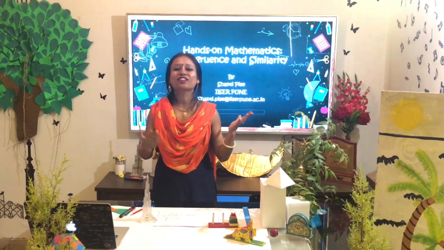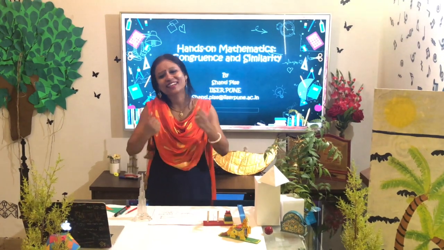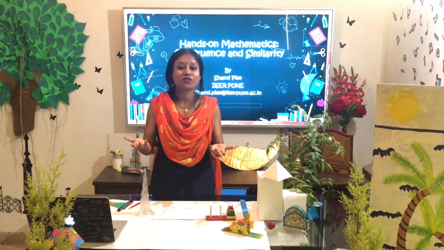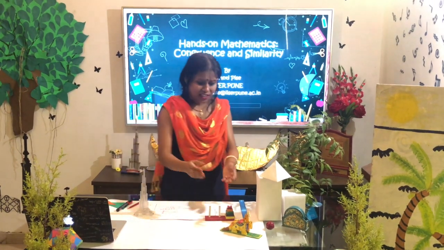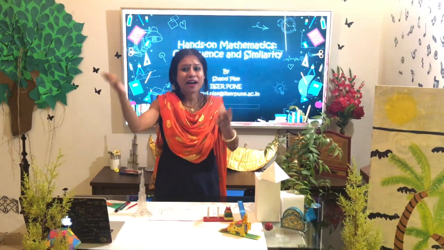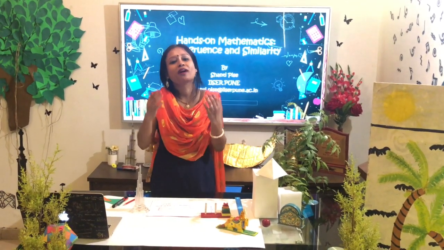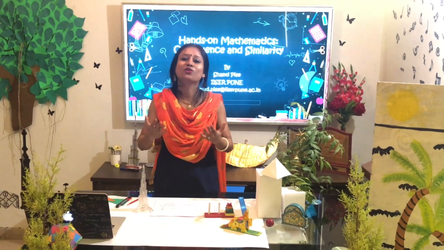So you can also try this at home. If you want to find out the distance between you and an object, and you know the length of the object, it will be very easy for you to find out. So friends, we have seen how the similarity and congruence concepts can be used in our daily life. We can solve many problems, we can find out how far we are, we can make models, we can see congruence and patterns in our daily life and start relating to it. So mathematics will really come to life.